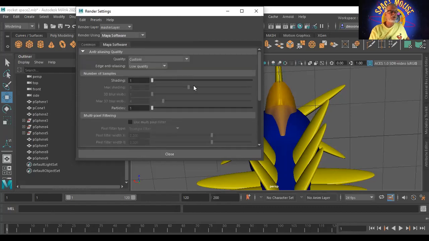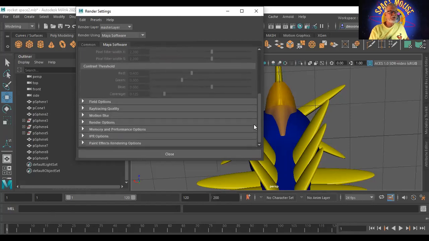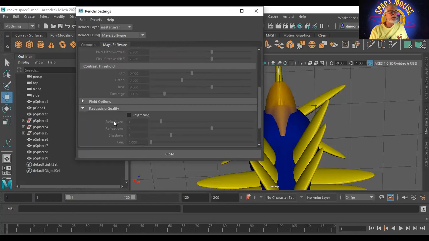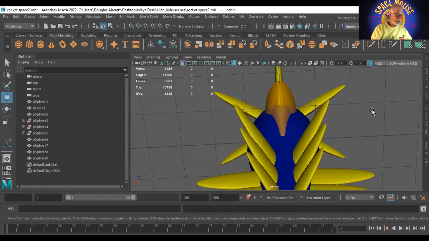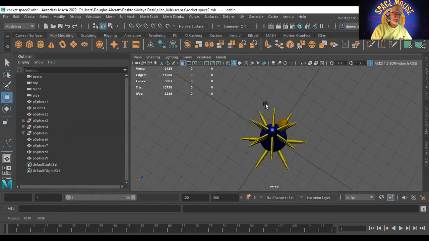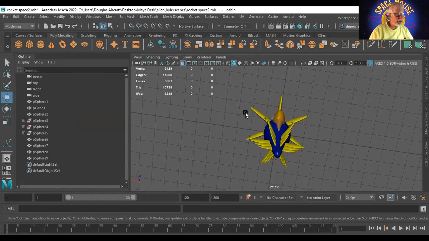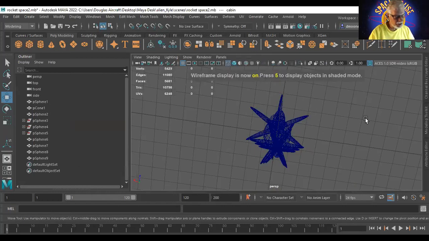And in Maya software, I'm going to go to a higher quality. And one thing that really does reflections well is this ray tracing, because it traces the light rays. Now, this ship, if I hit just the number 4, it shows what it looks like